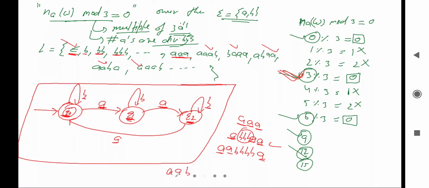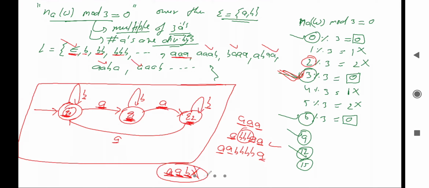and b. So this string doesn't belong to the language because 2 times a is not possible. So let me check. Firstly from q0 it will read a and go to q1. After that again read a, so it will read a and go to q2. After that it will read b and go to q2, and q2 is not the final state, right? Q2 is not a final state, it means it will not accept this string. So we can say this given DFA is a valid one because it is not accepting this string.